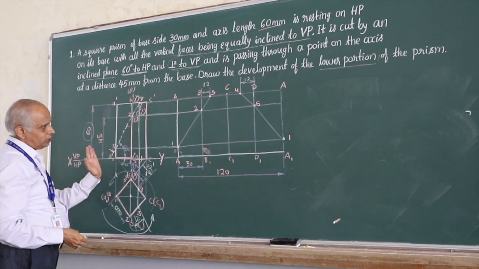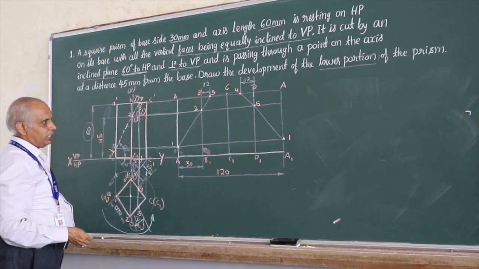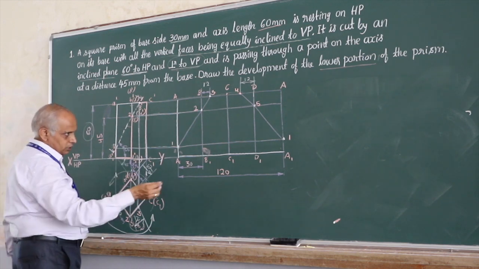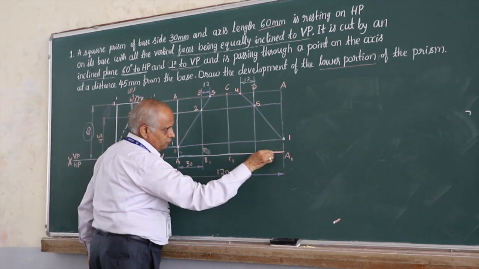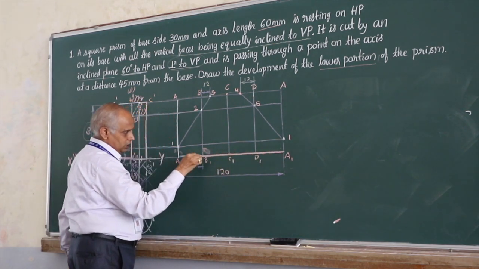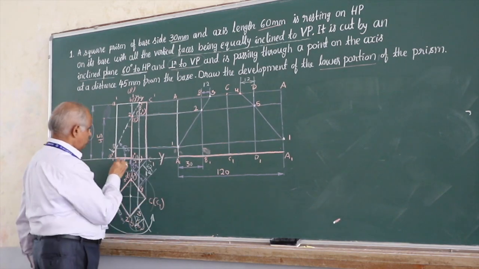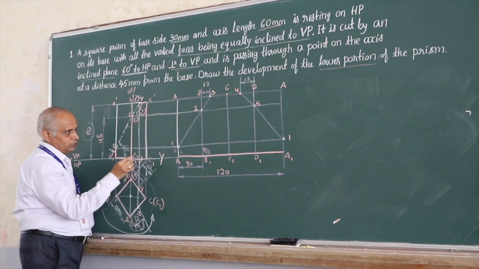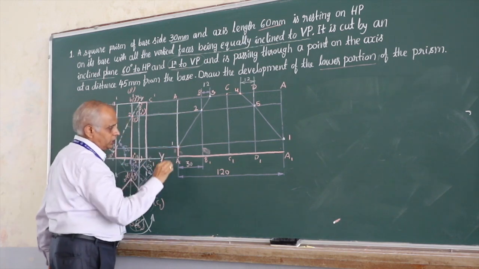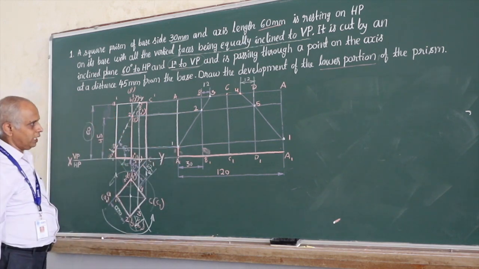You need to highlight only the retained portion. So let us try to focus on the boundaries. The entire base starting from A1 to A1 is still part of the retained portion. You make it dark. Now you can see A1 to 1 is visible. Therefore, it is in the retained portion.